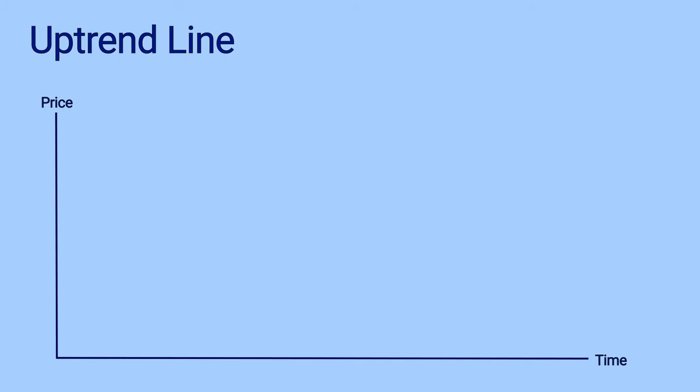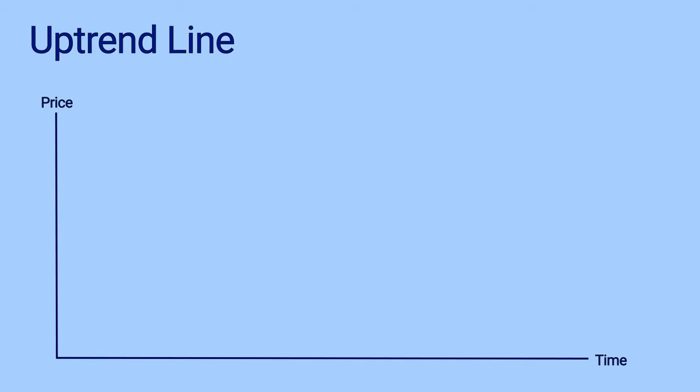There can be various ways in which these supports and resistances can be perceived in the market or calculated. One of them is the trend line. Now you might be wondering, what is a trend line? A trend line is a straight line. So in an uptrend, how do we draw a trend line?